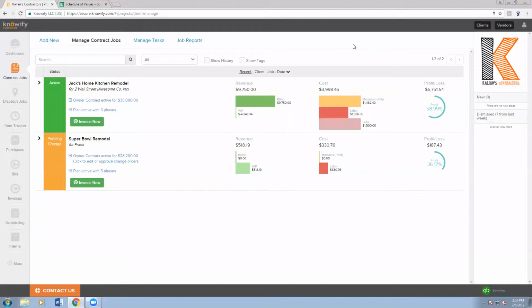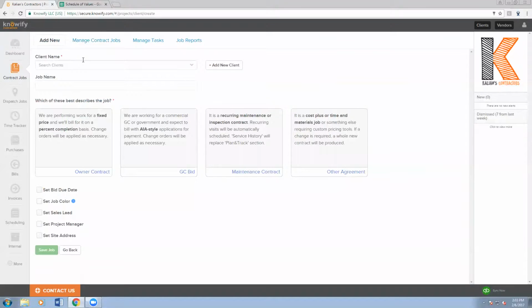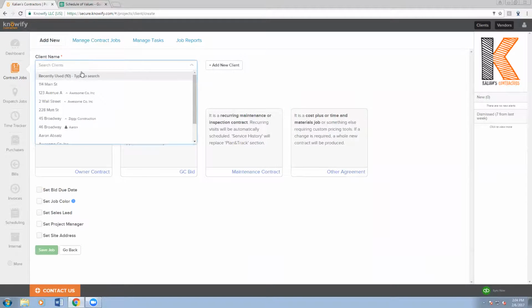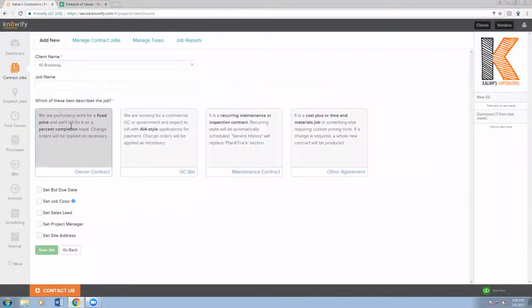So when we have to do an AIA job, we'll start just like any other job in our contract jobs module. And I'm going to go ahead and just add a new contract. We'll go through this as if we're bidding on the project. I'm just going to choose one of my classic clients that I have set up here, and I'll call this